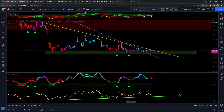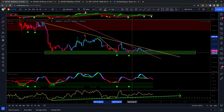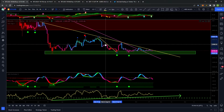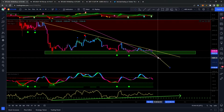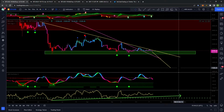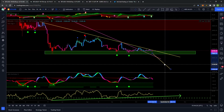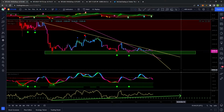In fact, this does look like a bit of a descending triangle. If I were to pull a measurement of this part of the triangle, with this flat bottom here and downward sloping resistance line, and take a measured move from where we'd be breaking out from, we're getting close to that 10,000 US dollars. I'd probably even take this just from the bottom of the channel here, and that would be getting into that